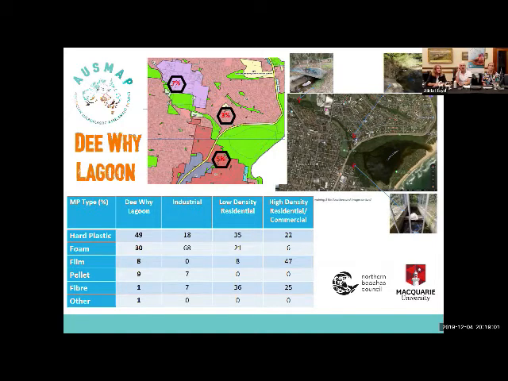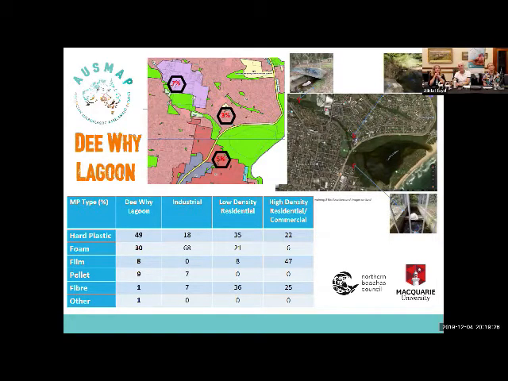The first column is what we're finding in Dee Why Lagoon by percentage of type. And then the 3 zones: the dark red is the high density residential / commercial, and the lighter red is the low density residential. Those numbers in that table are percentages, so don't worry too much.